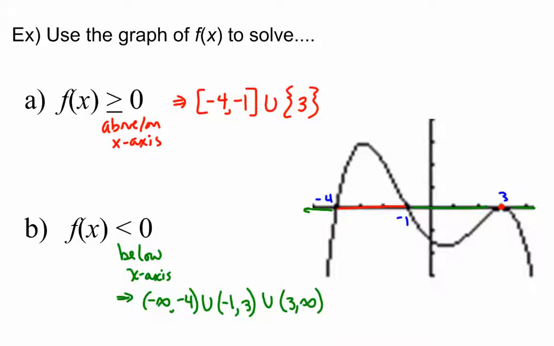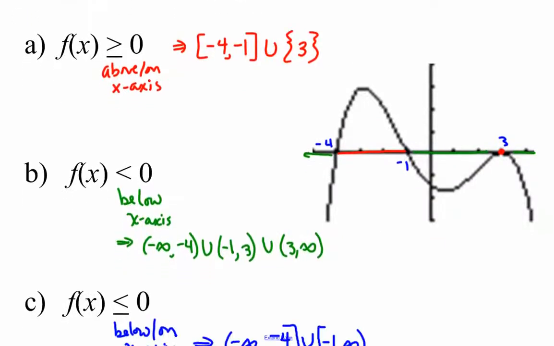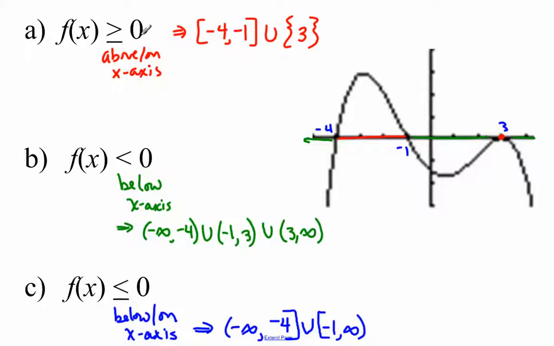One last example here. If I have a picture, f of x graphed for me, and they want me to determine where it's greater than or equal to 0, that means I'm looking for sections where it's above or on the x-axis. Okay, so I've got my zeros noted. It's not above here, but it is above here. Okay, so from negative 4 to 1, it's above the x-axis. I use the brackets because I want to include those endpoints. It falls below the x-axis, oh, it touches the x-axis, then falls back below. So I'm not going to get an interval, but I do want this distinct point here. So to show that, I put it in these little curly brackets.